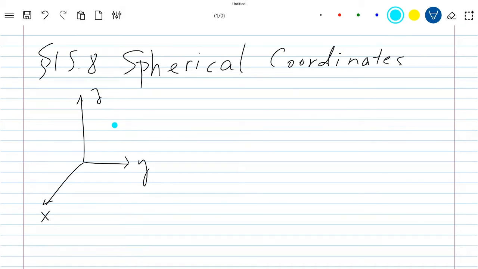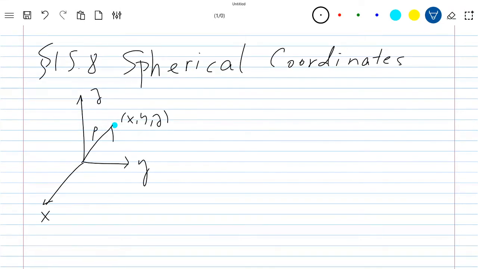Chapter 15.8 Spherical Coordinates. We have learned what cylindrical coordinates are, and today we will study a new coordinate system called spherical coordinates. Given a point x, y, z in 3D space, we can connect the point to the origin, and we'll call the distance rho,